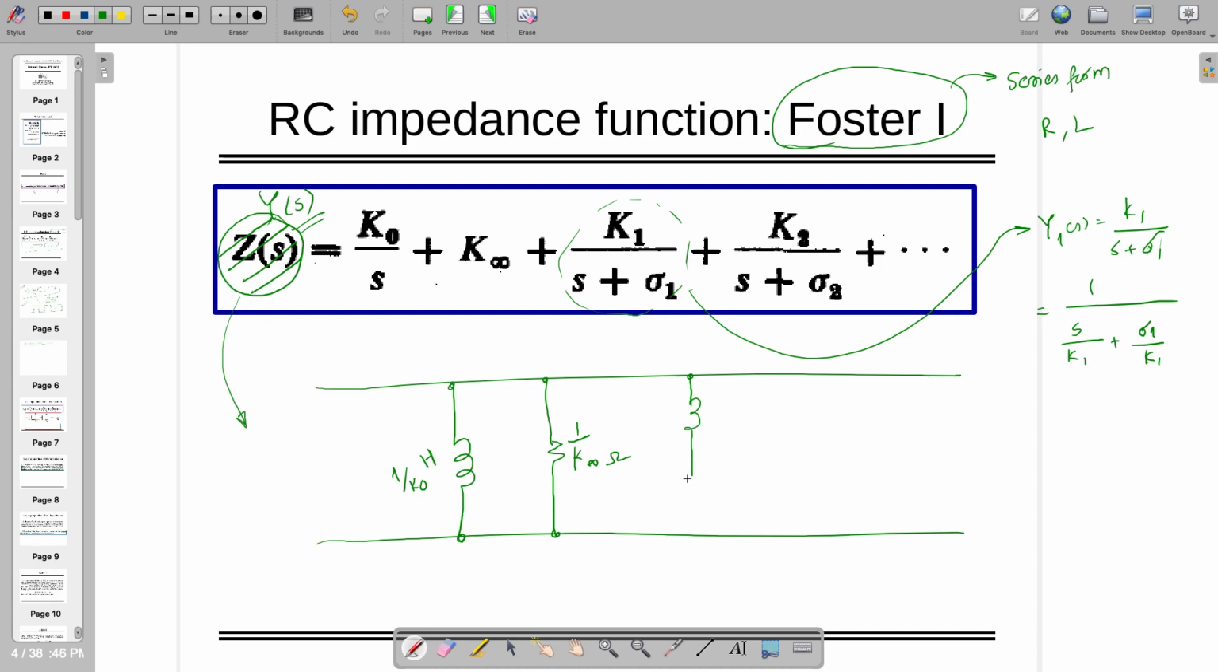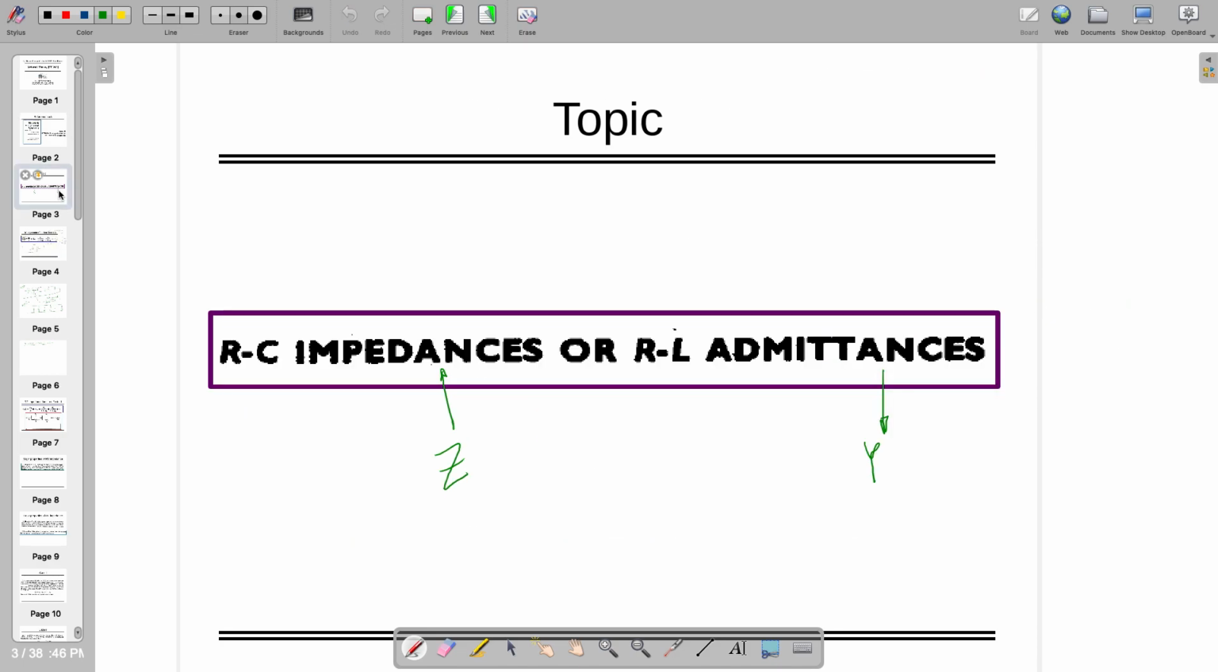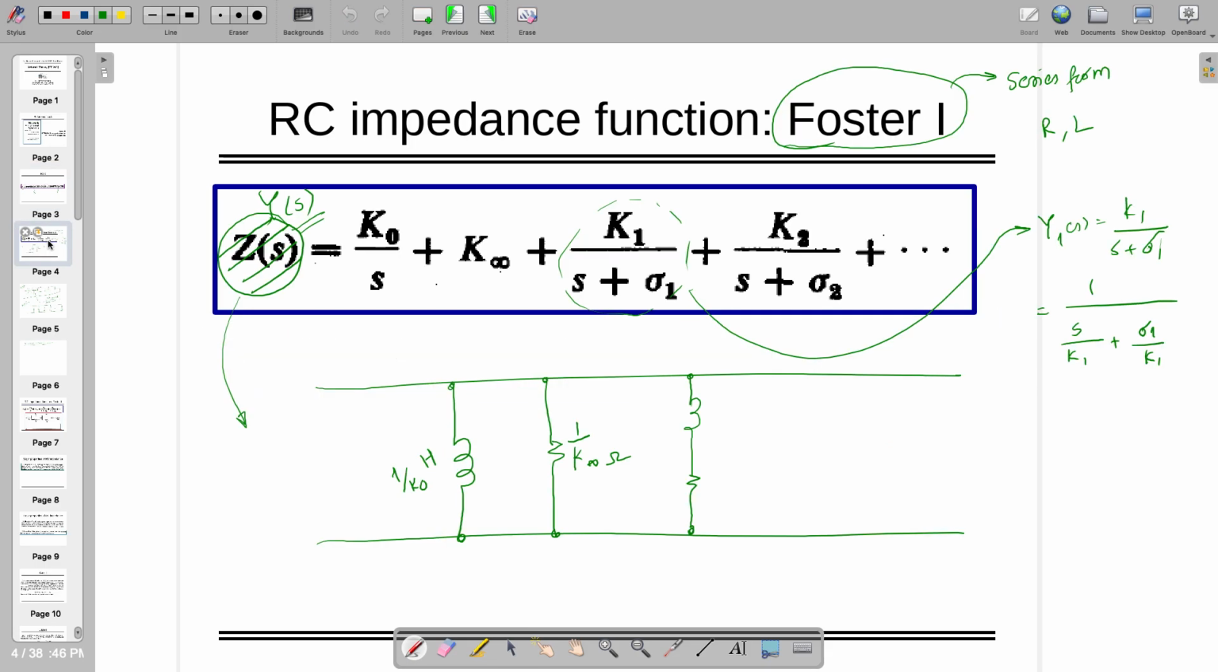Okay, so here you can see that when we started with the name of the topic, we did not say that we are studying LC circuit, like we said earlier that we were studying just LC circuit. Here we are saying that we are studying RC and RL together. So if it is impedance, that is RC. If it is admittance, it becomes RL. So this function is a generalized function which we can